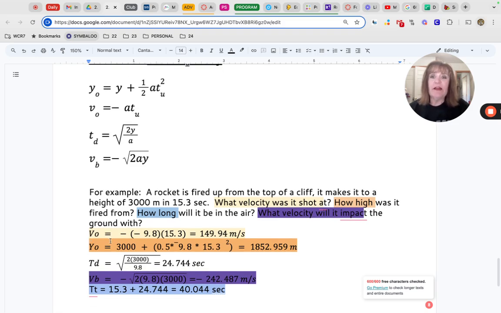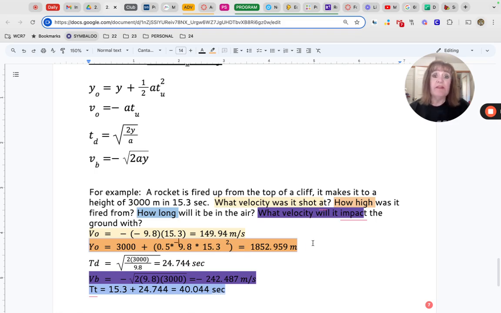So our initial velocity, that's the one we want to find first. Our initial velocity is negative of a negative 9.8 times 15.3, because time cannot be negative, of 149.94 meters per second. Our y naught is y plus 0.5 times the negative 9.8 times 15.3 squared, which should be lower than 3,000, and in this case should be